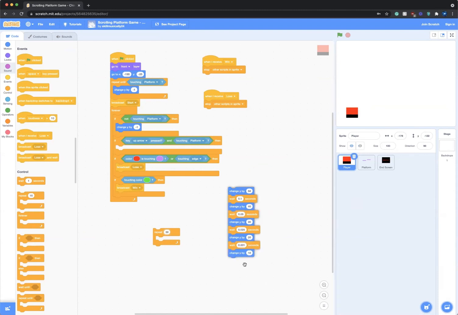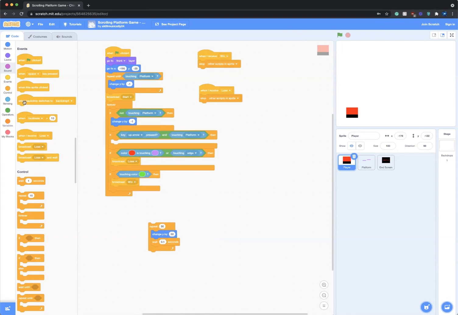So let me show you how that works. So you're using a repeat, which I hope the teacher has shown you. There won't be any need for so many change by or wait blocks. It's just like that. Now just put it there like so. As you can see, it's really changing, right? And in order to change that, we must